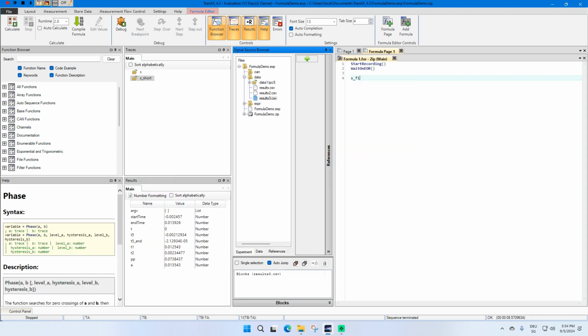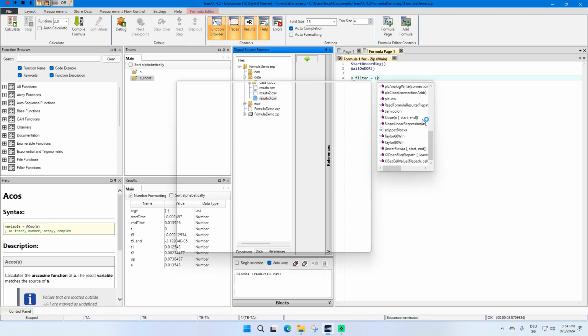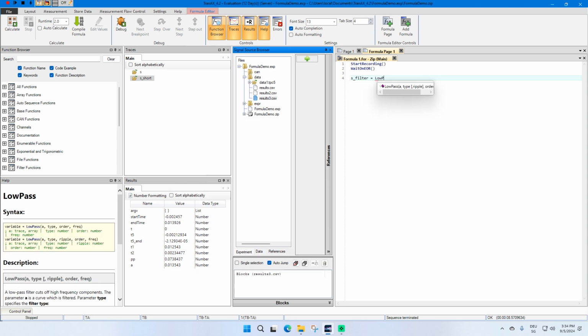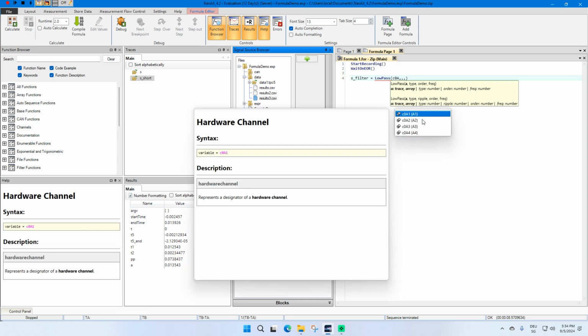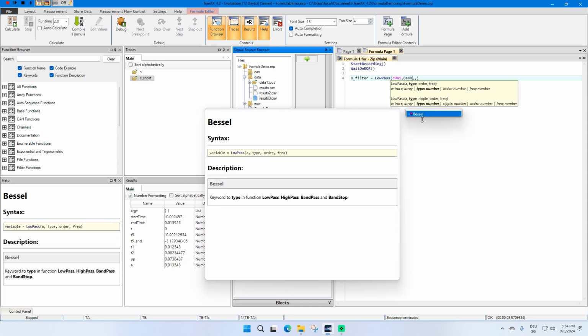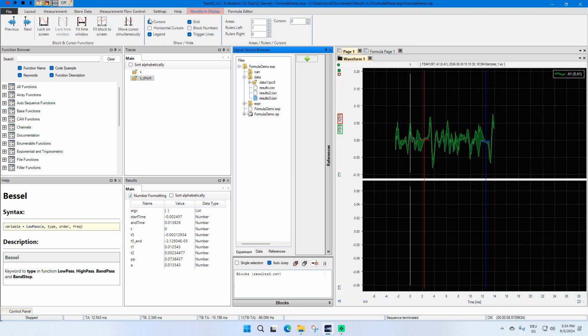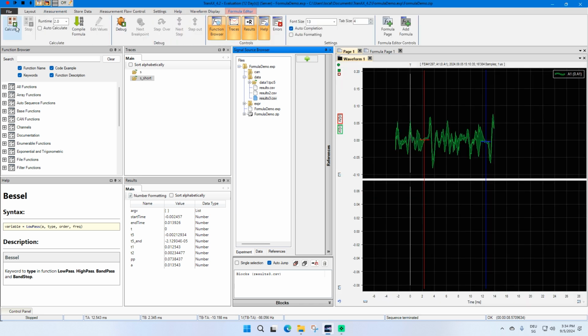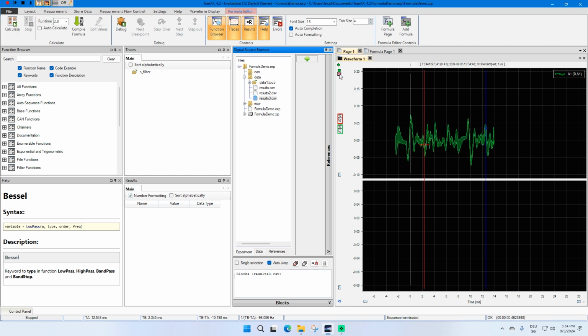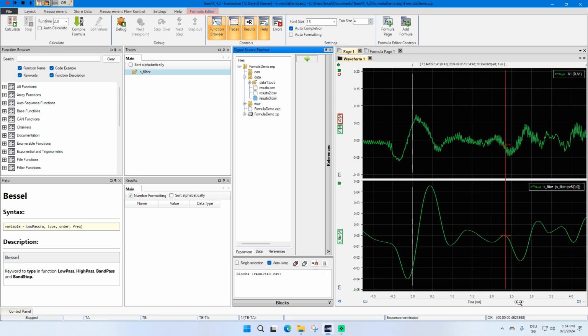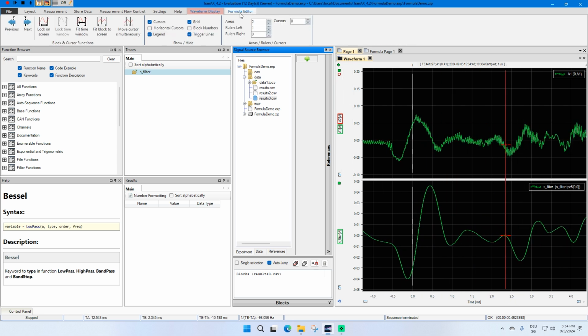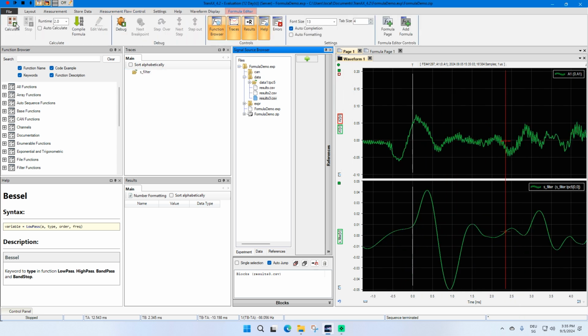So let's filter low pass, my hardware SL for 1 kHz. If I start formula now, this will execute the start measurement, and we can see that the S filter is our filter curve. If we start again the formula, new measurement,